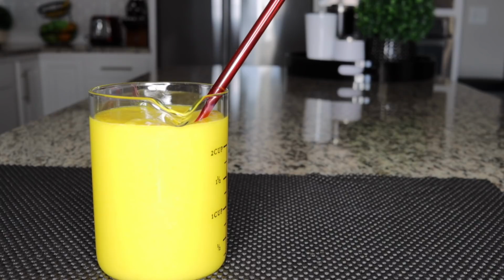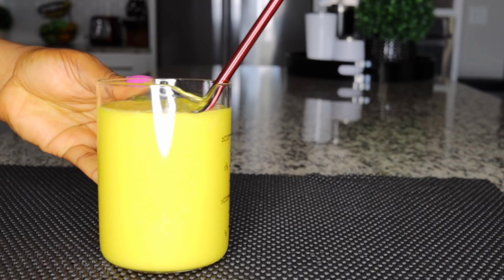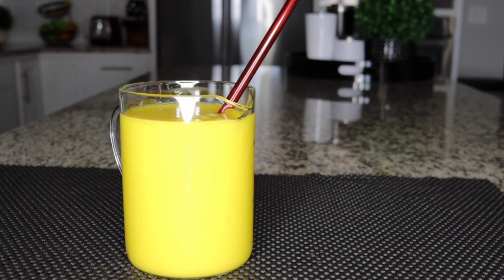Most people eat a lot of fast food. They have burgers, pizzas for breakfast. Those kinds of foods cause you to be constipated all the time. So healthy breakfast recipes like this will help you always not face constipation or being bloated and the rest. And if you are bloated, this is the go-to. You want to have this smoothie to ease that bloated big stomach and burn fats as well, because there are